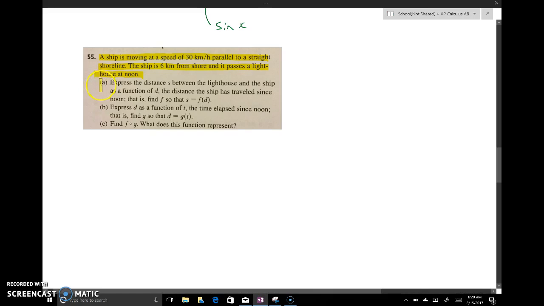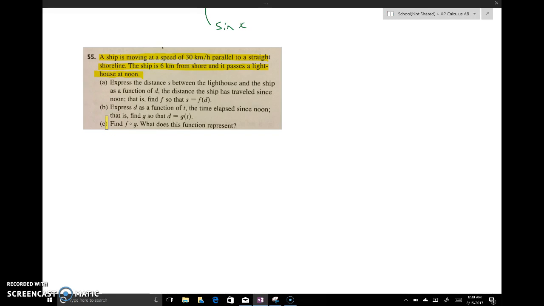Now, once you draw that picture, that's going to help you imagine what's going on in the next question. So it says express the distance s between the lighthouse and the ship as a function of d. So what you should do is, once you've drawn that first diagram, remember the ship is moving straight,